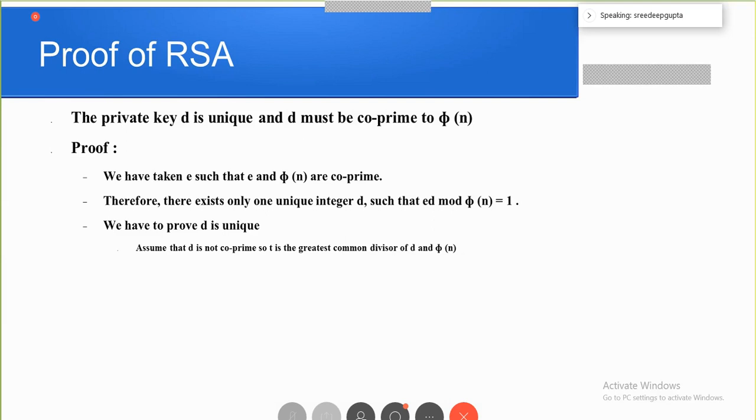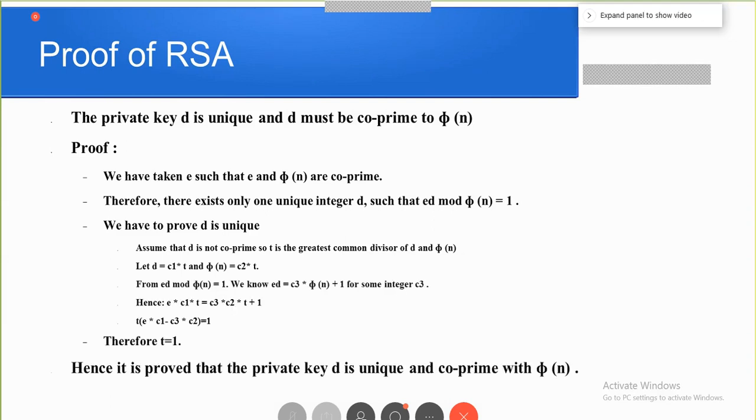Okay. So students, there are many examples available in your textbook. Kindly go through those examples, because during exams, these examples may be asked for 50 marks, 20 marks, and 10 marks. Next is the proof of RSA. Here I have provided 2 proofs. The first one is that D is the unique multiplicative inverse of E. You have to go through it, because in your textbook only the second proof is available. So let us see what is there.